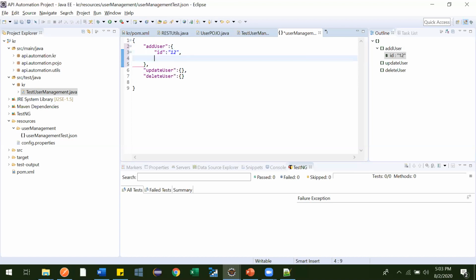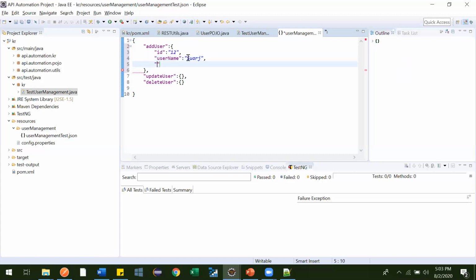Now the next one is name. Let me make it more readable: username. The username can be anything, but I'm giving Suraj. The third one is date of birth.